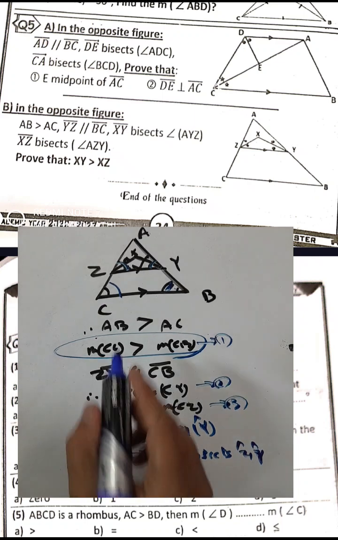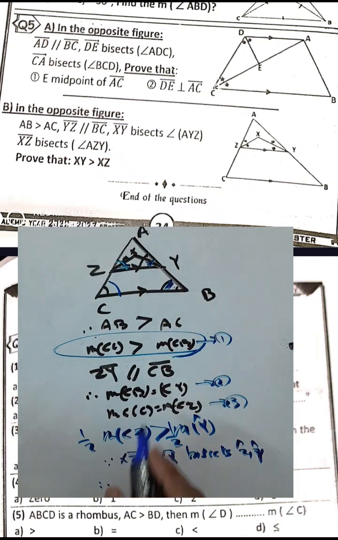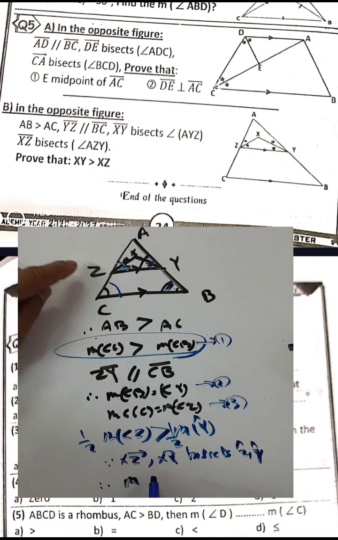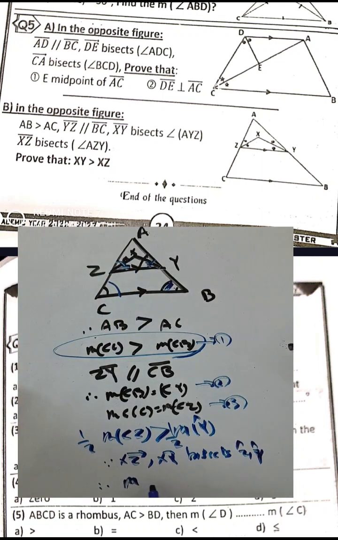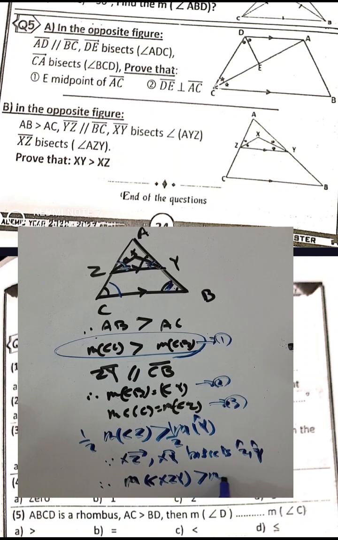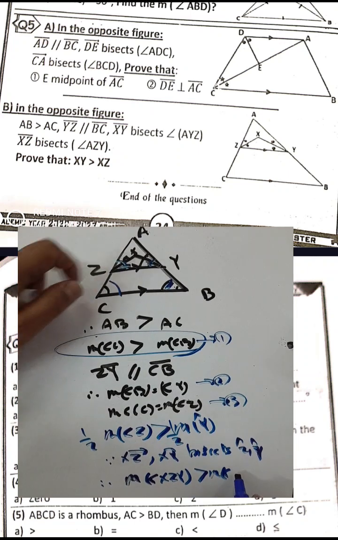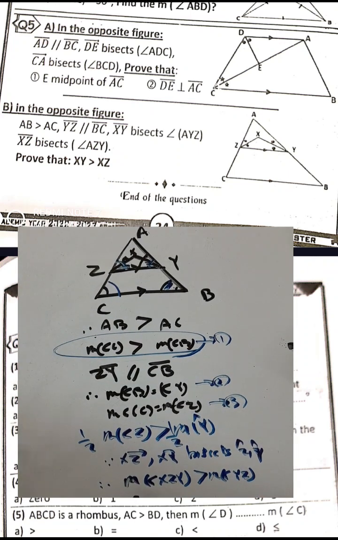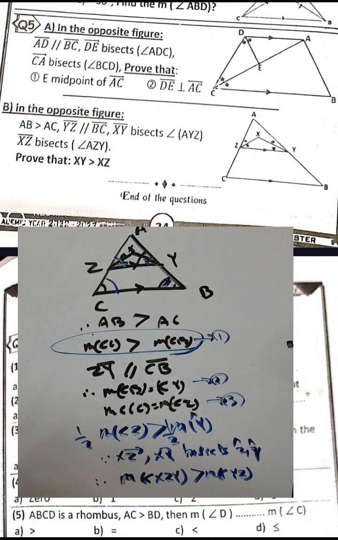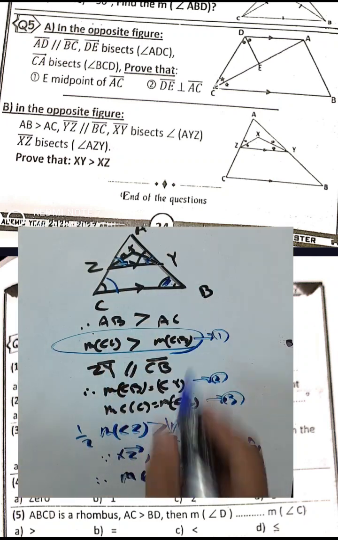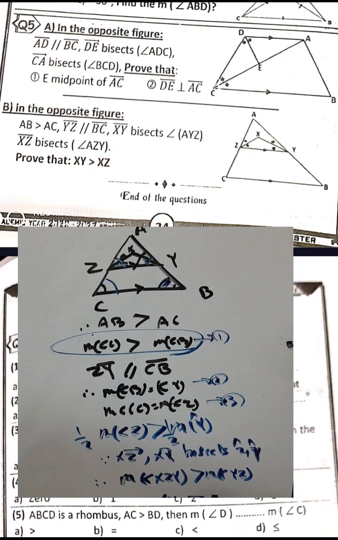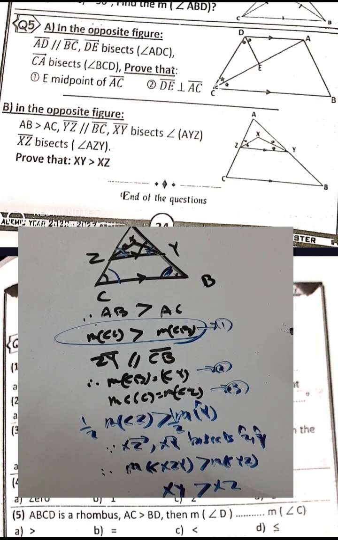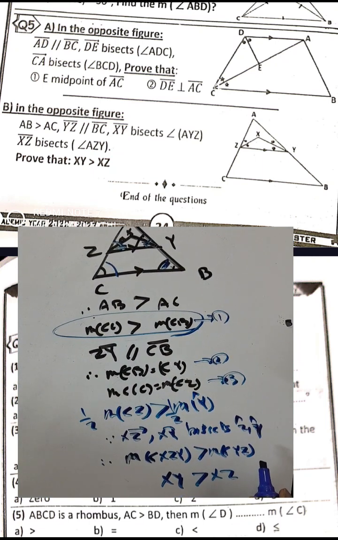The relation between this angle and this angle. Because half of angle Z greater than half angle Y, then measure of angle XZY will be greater than measure of angle XYZ. It's opposite what? XZY opposite XY, then XY will be greater than XZ. XY greater than XZ. Okay,